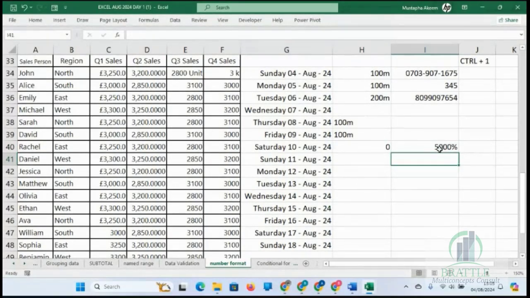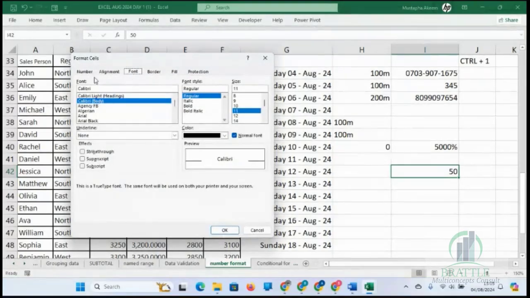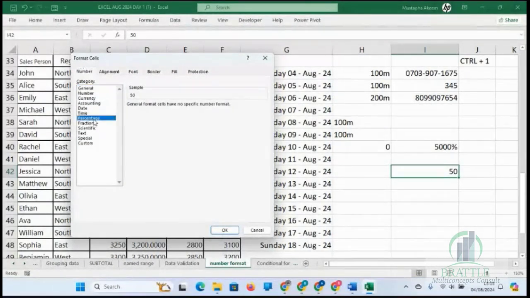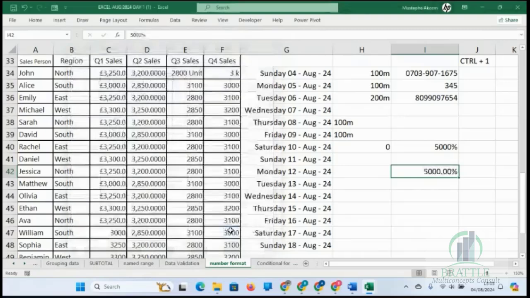Because it's formatted in number, let me type another one. 50 and Control 1. Let's go to Number and pick Percentage. See what happened. It's going to multiply by what? By 100. So note that if you want to add percentage to something like this, you just put